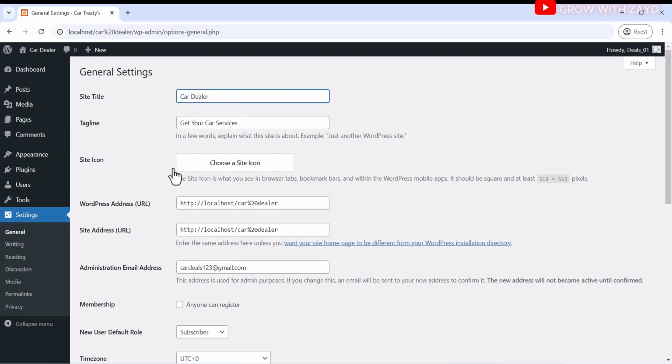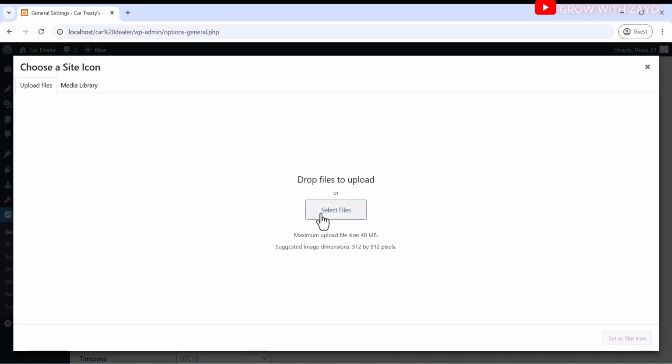You can upload a site logo, right? If you have a logo, you can simply upload it here by clicking on choose a site icon and uploading a particular file, and the size is 512 by 512 pixels. If you are a developer working for a client and you need a logo, you talk to a logo designer to give you a logo that is 512 by 512 pixels, and it should also be transparent in the background. You can also ask for different versions of the logo so that you can have different designs